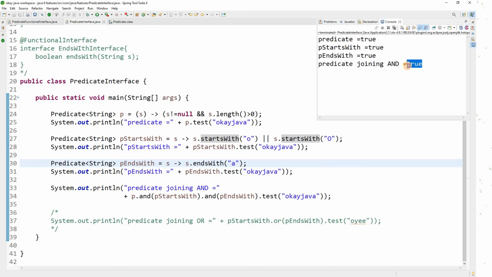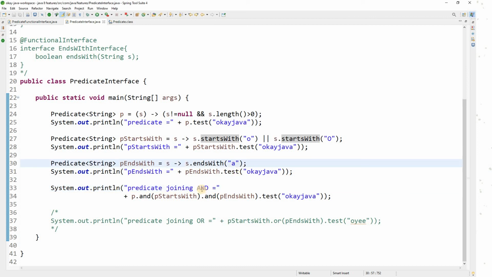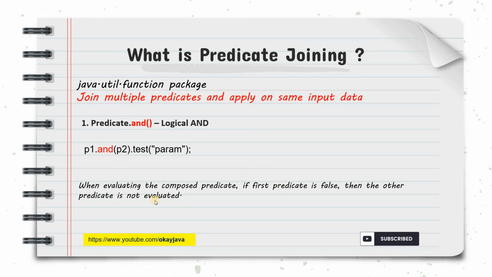So here you can see the result. It's true. Correct. Now, what this particular AND operator does is, for example, if I pass null, let me just go back here. If you see here, I have predicate 1 and predicate 2 dot test is my function, and I'm passing some value. Now the one thing which you need to remember or memorize is the AND operator. What it does, if the first predicate is false, because first how AND works is like,